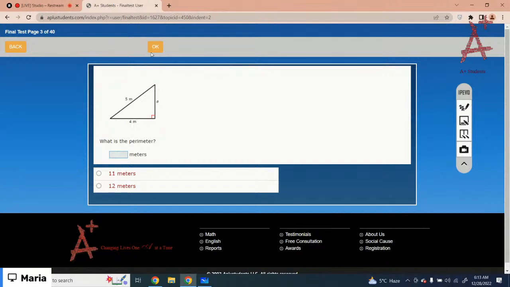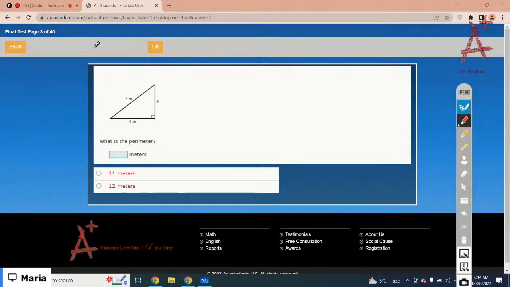Perimeter you have to find. Got it? So for perimeter, you have to find all three sides and then you have to find the perimeter. So use the Pythagorean theorem and find the third side and then add all the sides. Got it? 5 square equals 4 square plus A square. Move 4 square to the other side. It would be 5 square minus 4 square